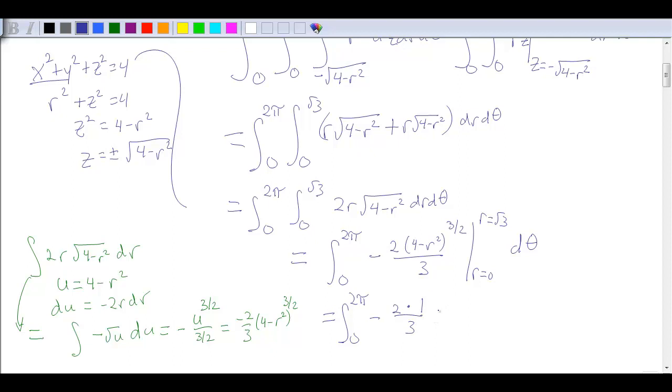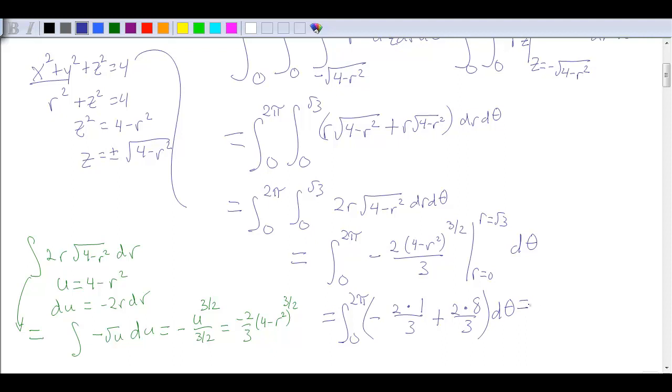And then minus a negative gives me plus 2. When I plug in r equals 0, I get a 4 minus 0. That's 4. So I get 4 to the 3/2. But square root of 4 is 2. And then I raise to the 3rd power to do the 3/2. That's going to give me an 8 over 3